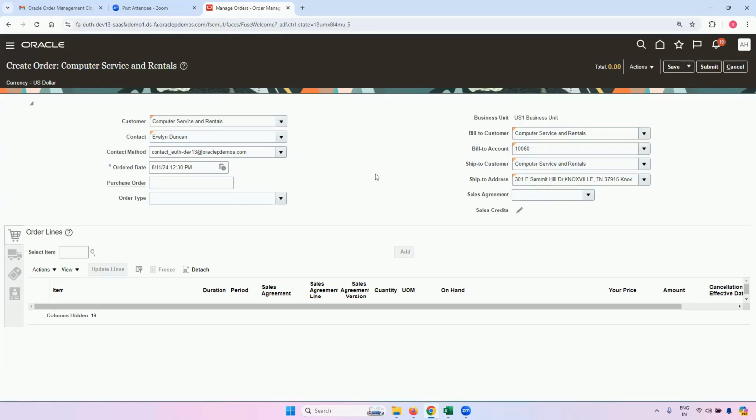Raj, just one question. Order type in E-Business Suite, it's mandatory, right? In EBS, it is known as transaction type, right? Yes. So over there, it is mandatory. But here, as I told you,